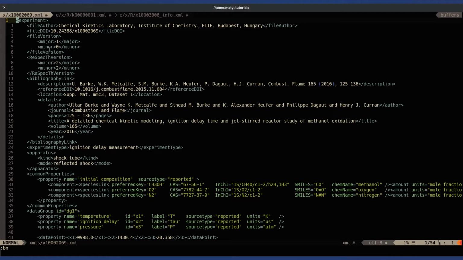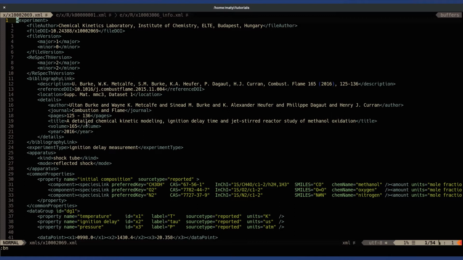In the past, the RKD format was revised in several steps and the newer versions allow inserting additional types of information to the data file. The RKD files are all backward compatible. If an RKD file was modified in such a way that the experimental data in the XML file remained identical, but the RKD format was upgraded by inserting additional information, then the file version remained identical and the respect version is corrected.